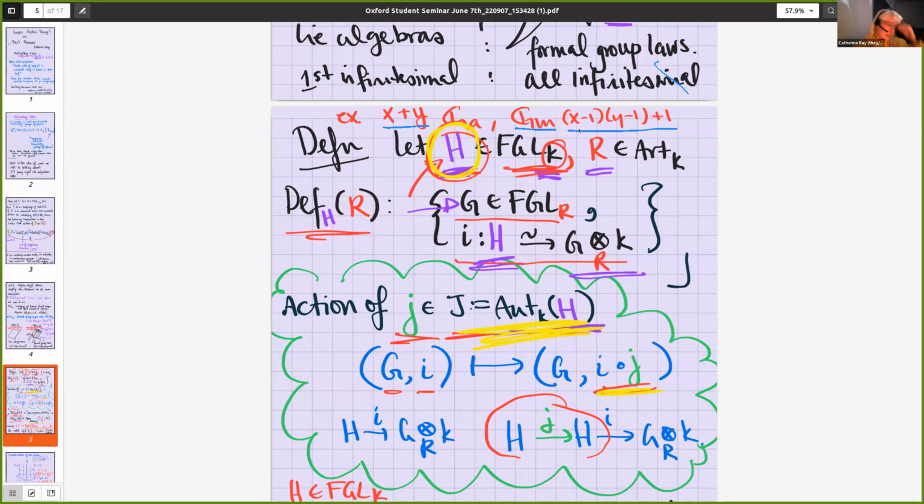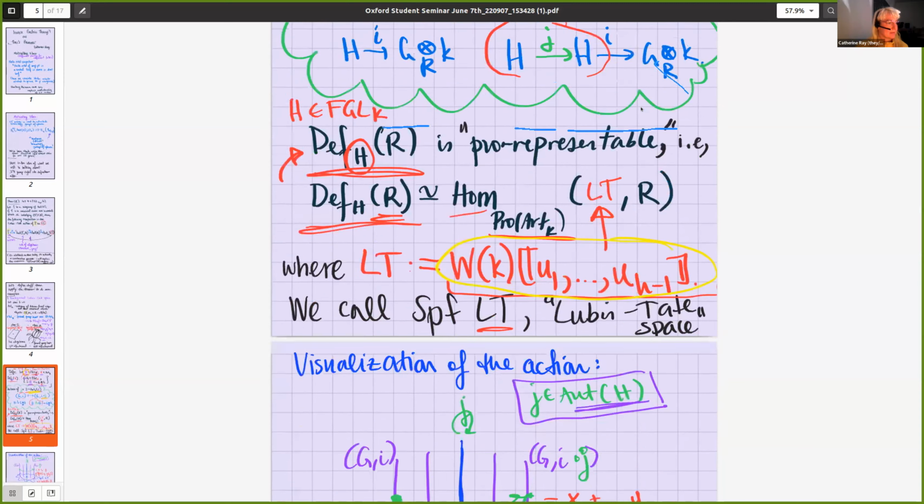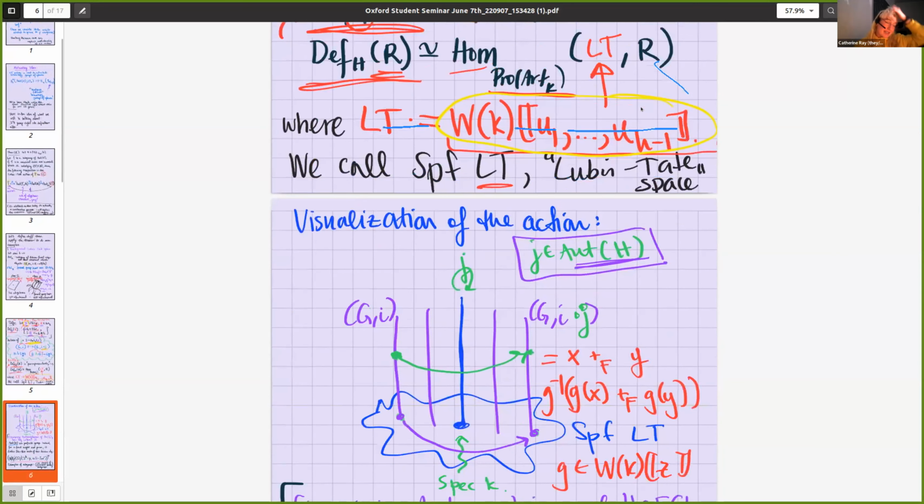Another way of thinking about this, which I think is a little more intuitive, is if you take an abelian group scheme and you look at the multiplication by P map on it, and you look at the kernel of this map, you ask for the rank of the kernel at the identity. It's going to be a power of P, and you ask what power of P that is, and that's the height. The reason that I gave the P-series explanation is that you can do without thinking about it as coming from an abelian group scheme, but all of the formal groups that we're going to be working with, we're thinking of as coming from abelian group schemes anyway.